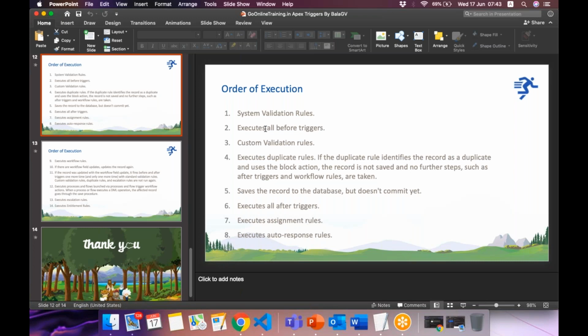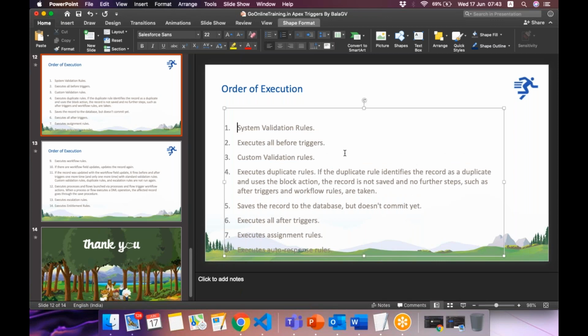First, if you remember, we created validation rules, right? Okay, I'll add a small point.